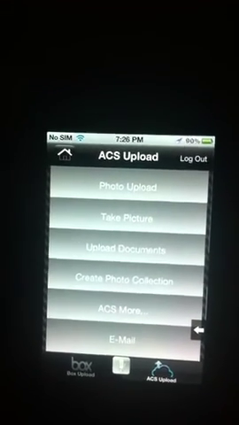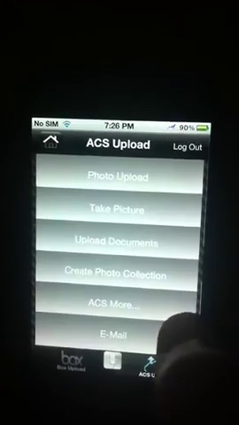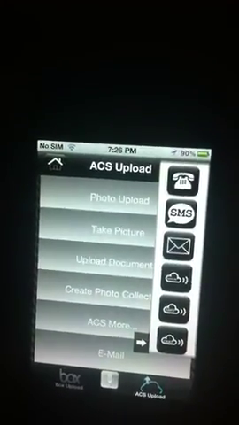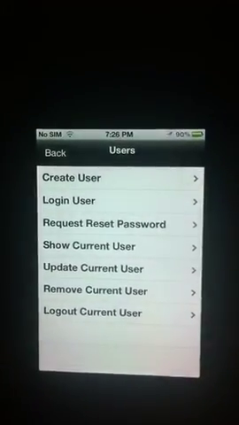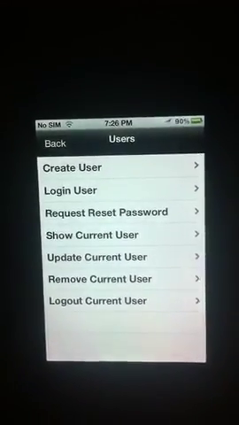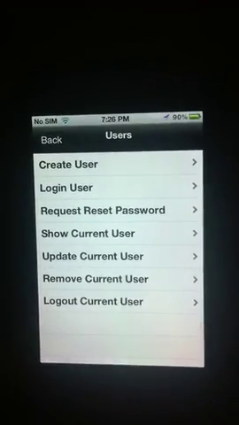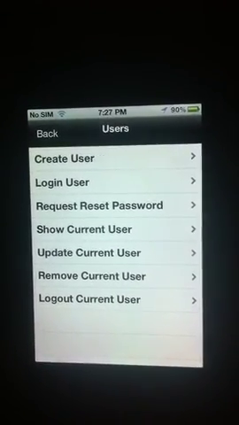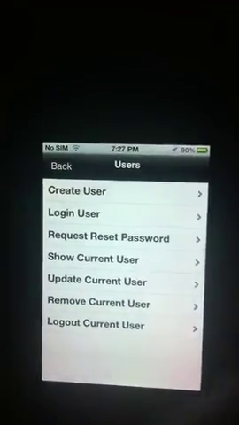Some are similar to Box, some are not, like the email facility from Appsulator. You have other options also, like three more. Managing your account: you want to reset your password, you can do it from your account manager. You can remove the current user, log out here also, and update your current user credentials and details and many more.